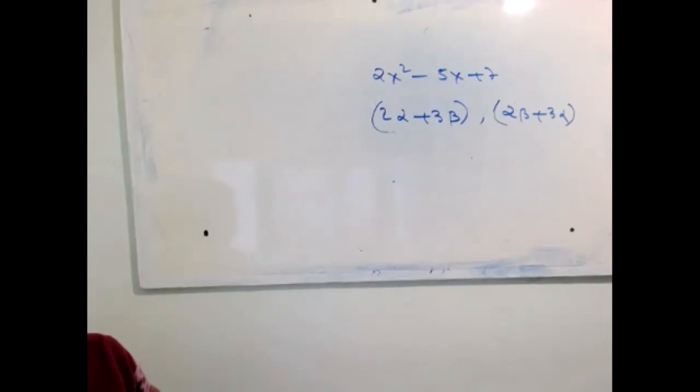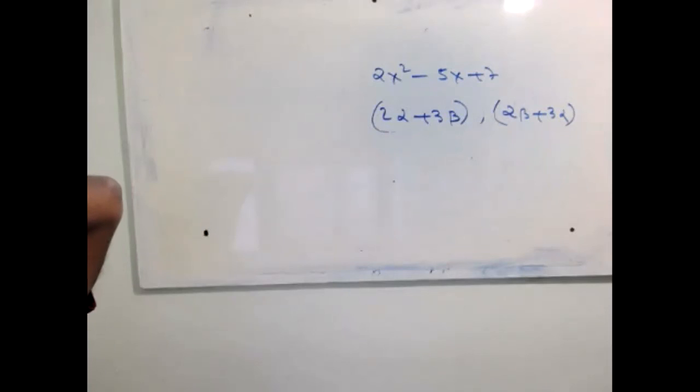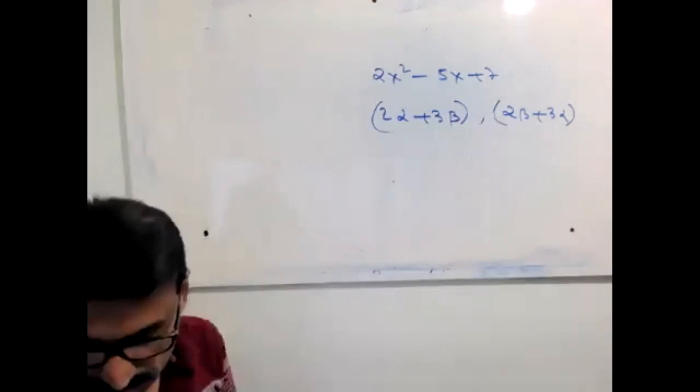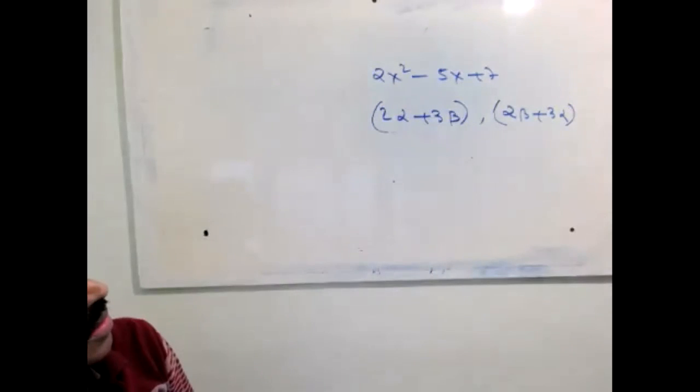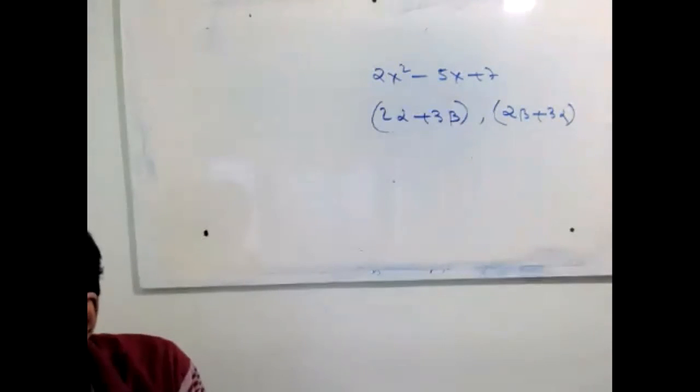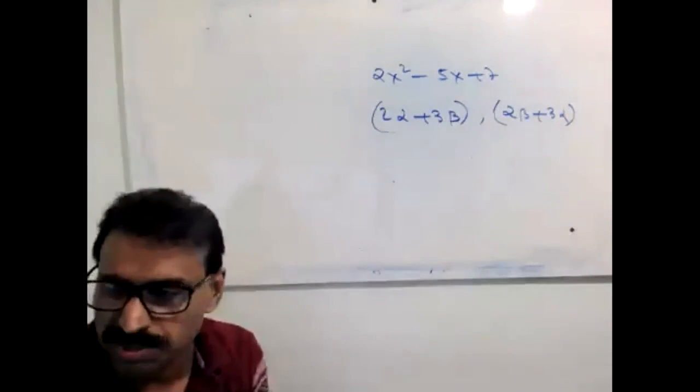Can split. What are the splitting attempts? Kavini, 14, how can split? 7 and 2, but minus no. How we can split? It is wrong, right? Because 7 and 2 minus 7 splitting not possible. Splitting not because minus 7 minus 2 minus 4 plus 14. But here is minus 5 now, so we cannot split this one. So we have to go other method.